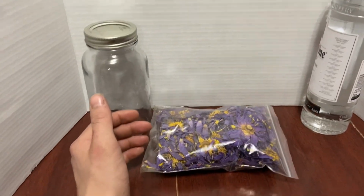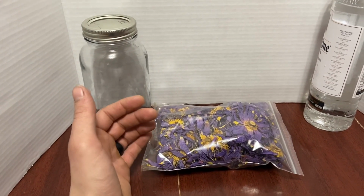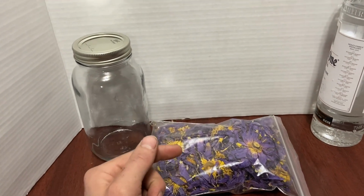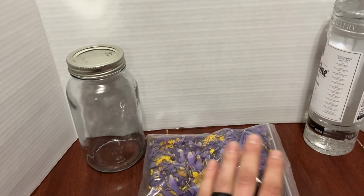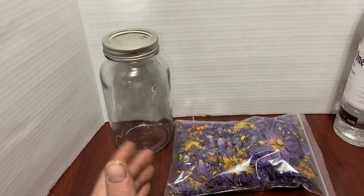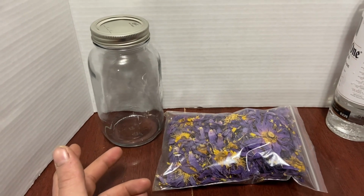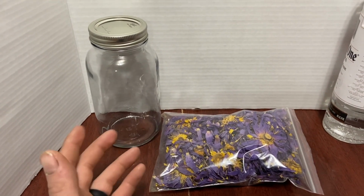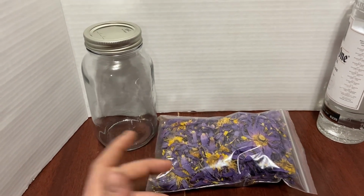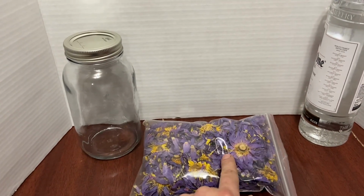I couldn't find very much online when it came to dosage, but it seems like a lot of people suggest that you take 5 to 10 grams per person. So with the 45 grams and a fifth of alcohol, it comes out to about 2.5 grams per 1.5 ounce shot, which seems pretty good. So 2 shots could be a light dose, up to 4 shots being a high dose. We'll kind of play around with it. I've never made this before. This is my first time making it, so we'll see how it turns out doing 45 grams to a fifth